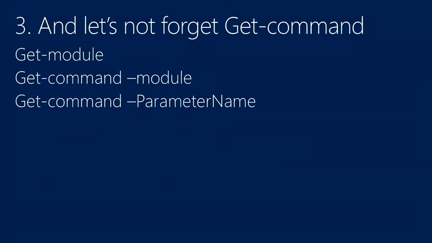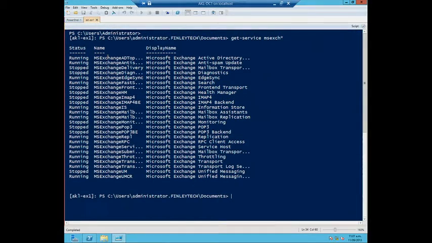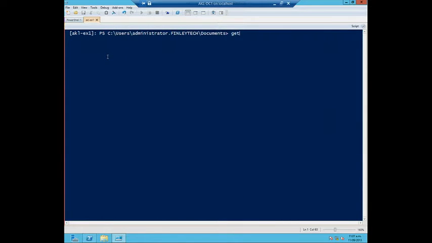Followed very closely by Get-Command. Get-Help is great if you know the command you want help for. Well, how do you figure out what the command is in the first place? Get-Command. The nice thing about Get-Command, obviously, is you need to know roughly the name. Not absolutely, but a ballpark figure usually. The more you know, the happier you usually are on that.